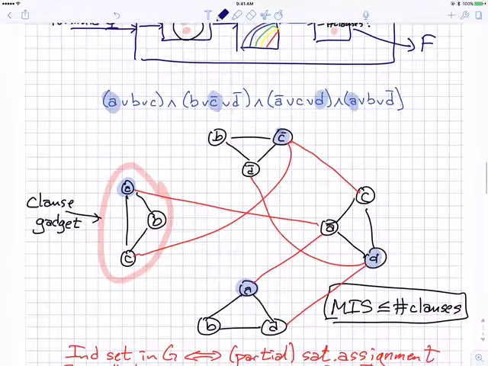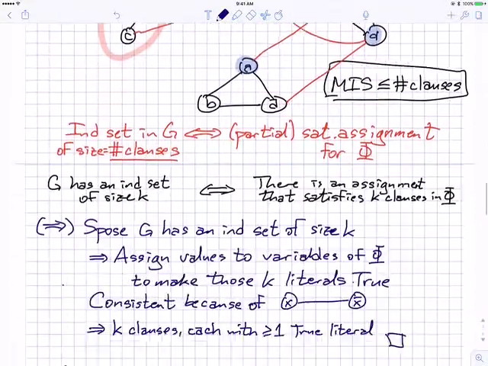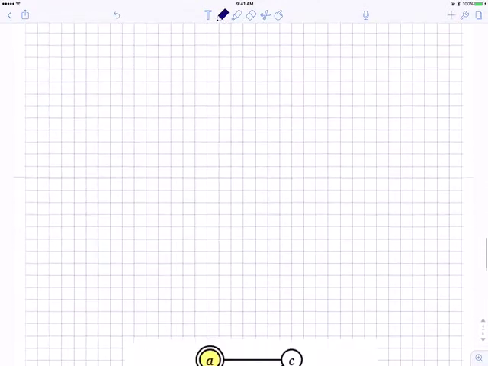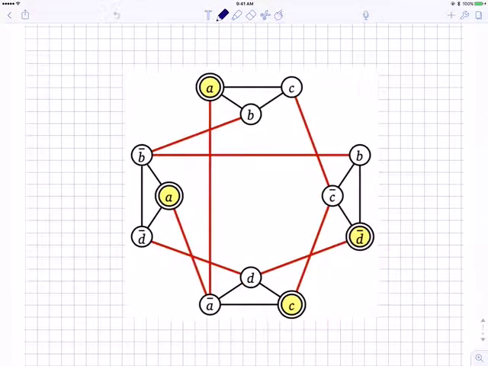Okay. Okay. So, hey, look, it's the same thing I just showed. Okay. So,